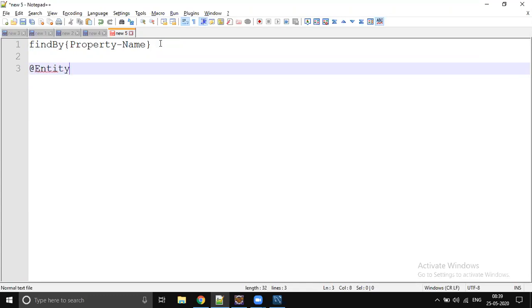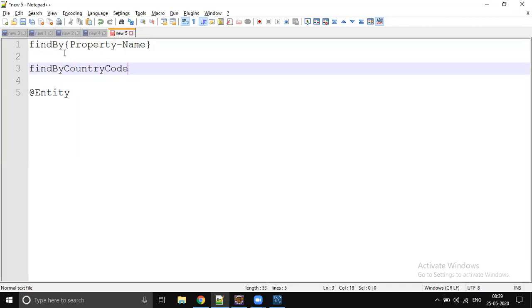Make sure you follow the Java naming convention, right? In Java, the method should start with a lowercase and the remaining words should be camel case, the first letter of each being capital. For example, if you would like to get by country code, then you write something like this, right?